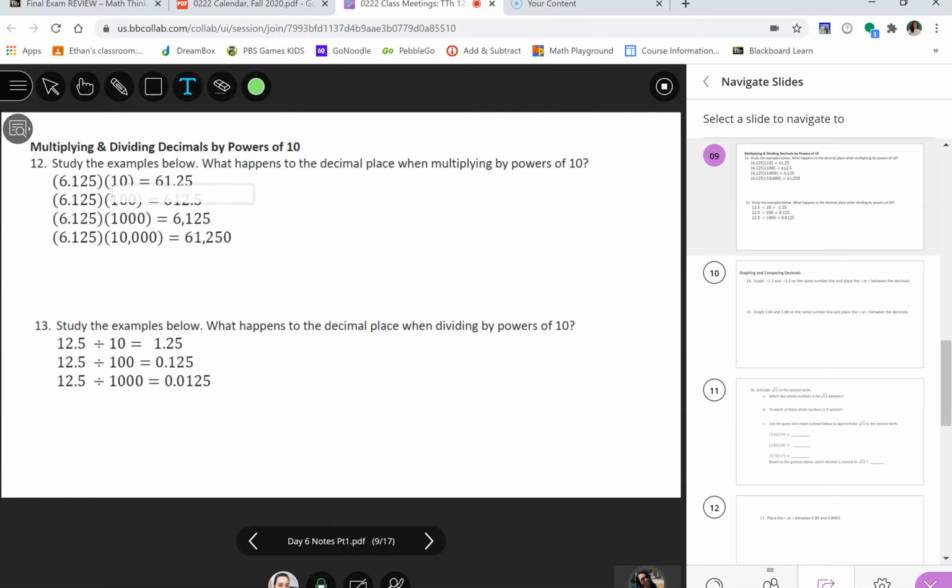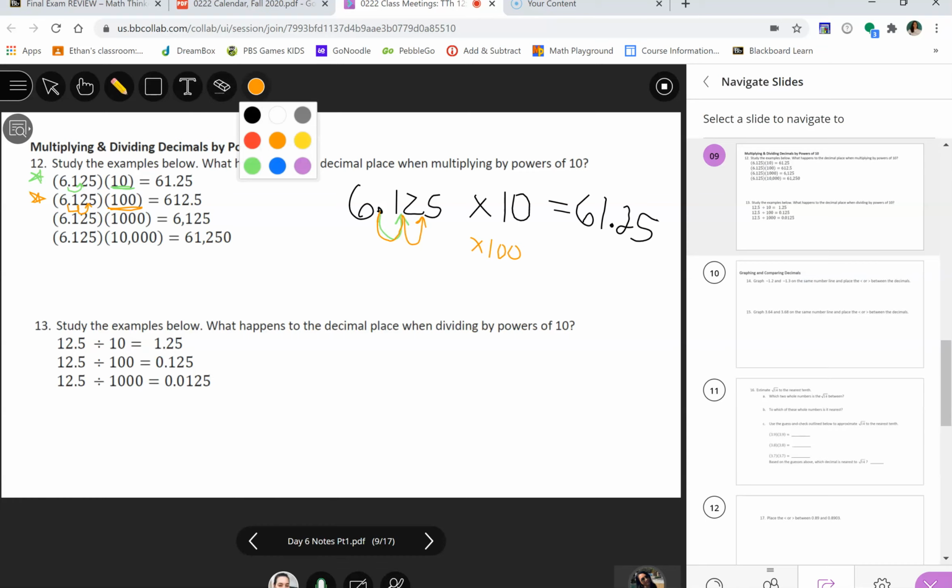If you multiply by 10, all it does is make your original number bigger by one place value. So see how you could push the decimal back one spot? Let me write a little bigger here. If I have 6.125 and I times by 10, all I do is push the decimal back one place value and my answer becomes 61.25. If I multiply by 100, you just push the decimal back 2 place values. So if I times by 100, I'd push it back 1, 2 place values, and I would end up getting